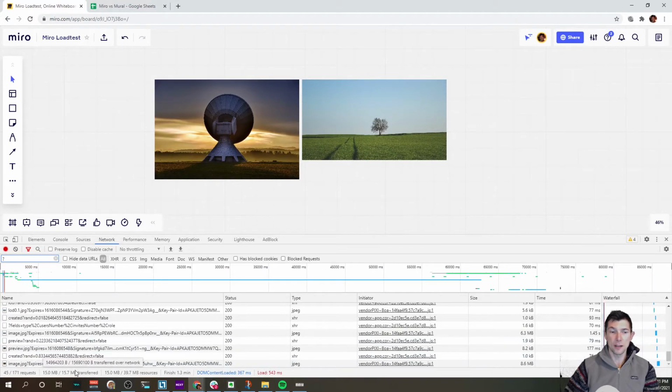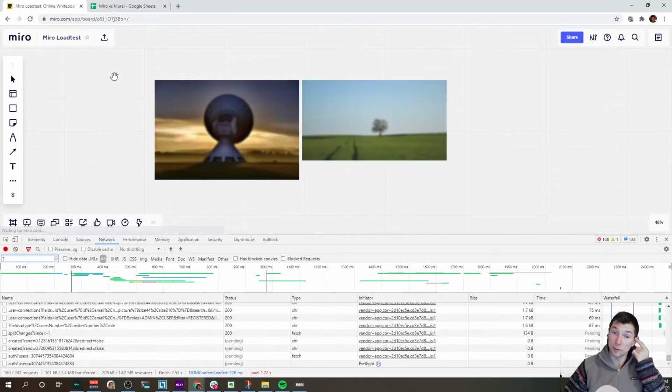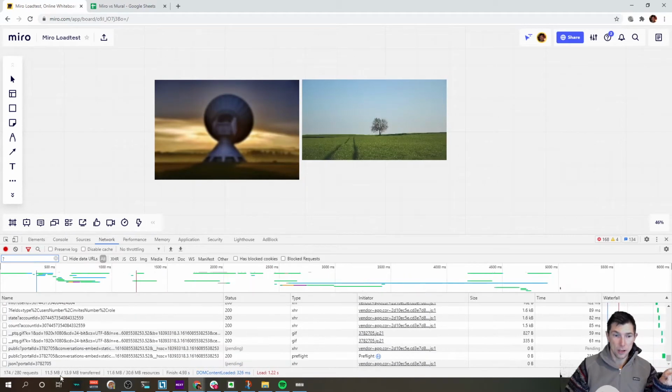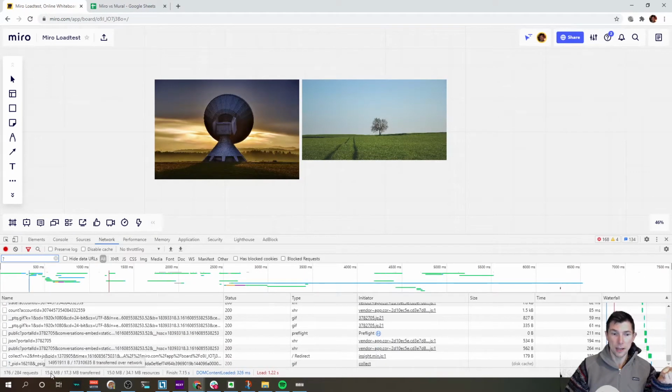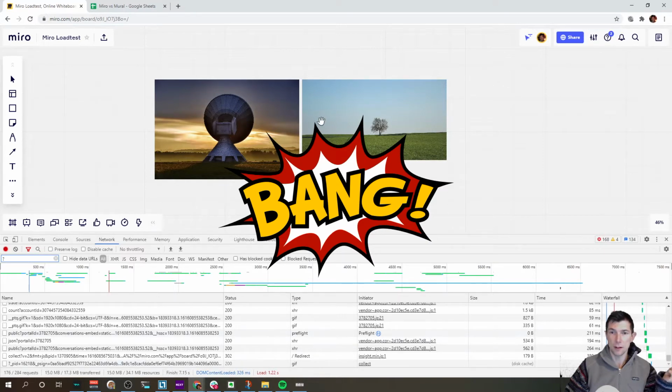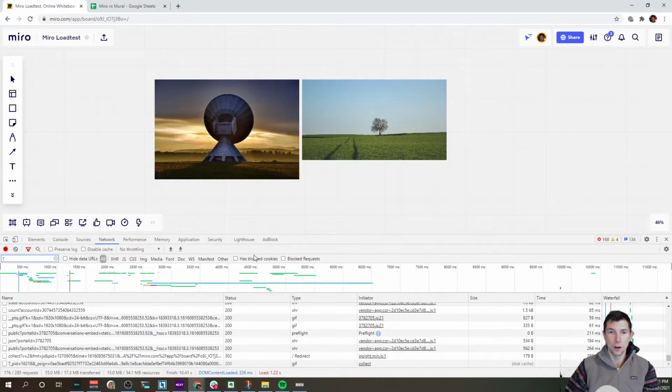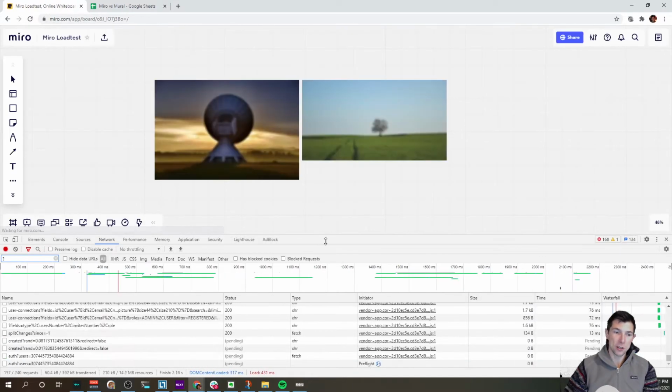And now we get 15 megabytes transferred. So that probably has to do with the images being uploaded. So let's do a browser refresh and also flush the cache. Yeah, it looks like we now get 15 megabytes right off the bat. Not quite sure where that came from, given that the two images are 5 meg all up. So we went from 800 kilobytes to 17. If we do a refresh with the cache,